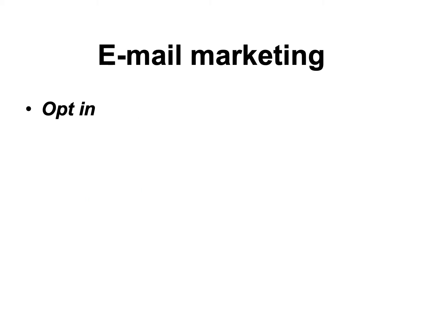But I want to veer to email marketing just for a moment, and the next couple of slides could just as easily be in the unit on direct marketing, but I want to talk about them here. There's a couple different ways to approach email marketing. One is opt-in. That means that the customer has given you permission, they've given you their email address, and they have indicated that they would like to receive your promotions.